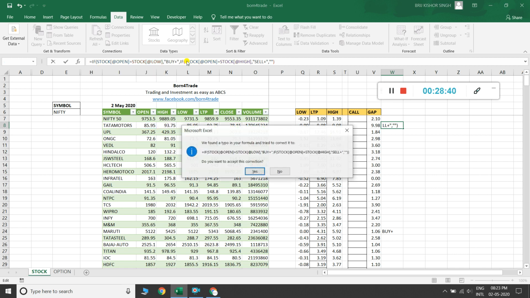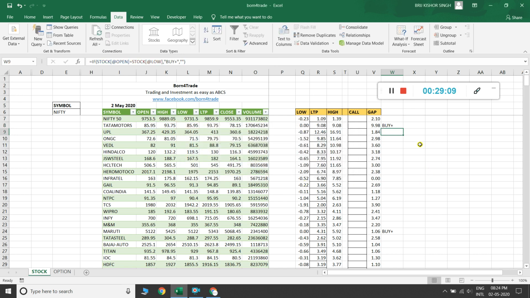Pressing in, it is asking for some information: we found a typo in a formula and will try to correct it, because it is not a correct form and I don't know how to correct it. Then I just believe in Excel, and when it asks, do you want to accept the correction? I just click yes. Then it appears only as a signal. It just corrected the whole formula for me, and now I just copy this formula and